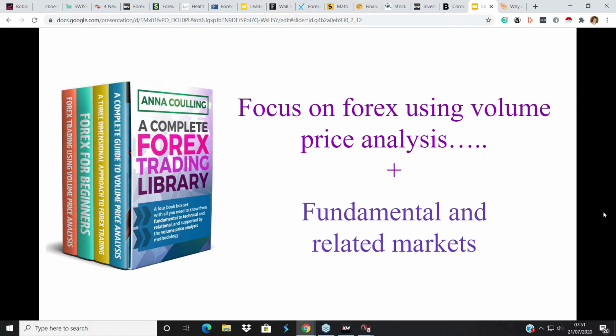We look at price action, and we look to see whether the price action that we are seeing developing on our charts is genuine or not, and we look at that by looking at the volume, the activity, the participation level. Really the best way to explain volume price analysis, or VPA, is for you to see it in action. But that's just one aspect of trading.